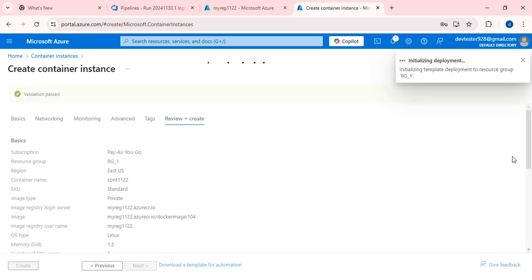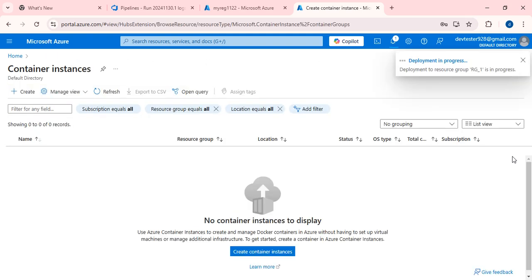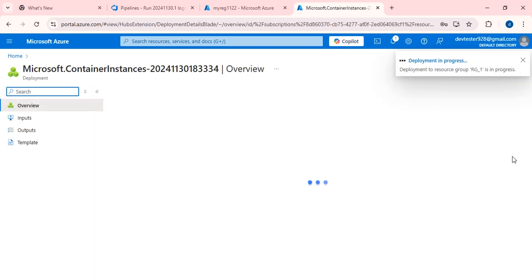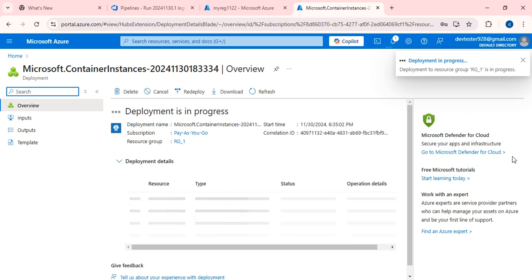Container instance will be created by using the image which has been pushed into the Azure Container Registry. Then once it has been successfully created, one link will be generated. With the help of the link, we will be able to see